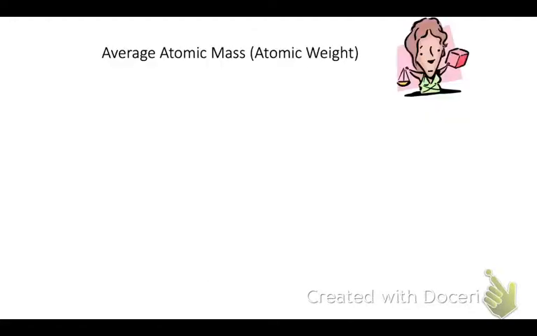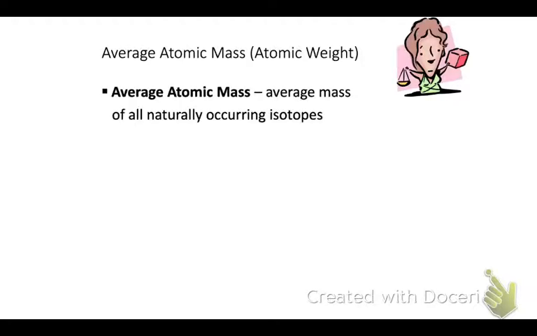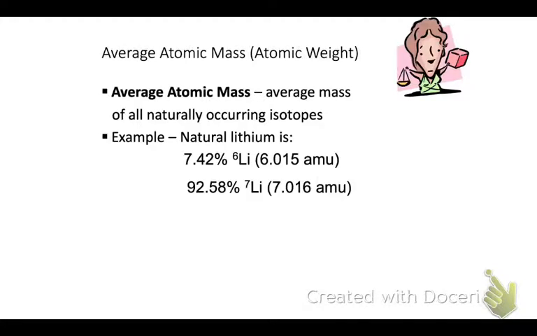Now let's understand what I meant by average, the average atomic mass. The reason we call it average is because it's averaging all naturally occurring isotopes. What does that mean? Here is an example. Almost every element in nature will exist in multiple isotopes. So natural lithium, just the way it does exist naturally, you will have